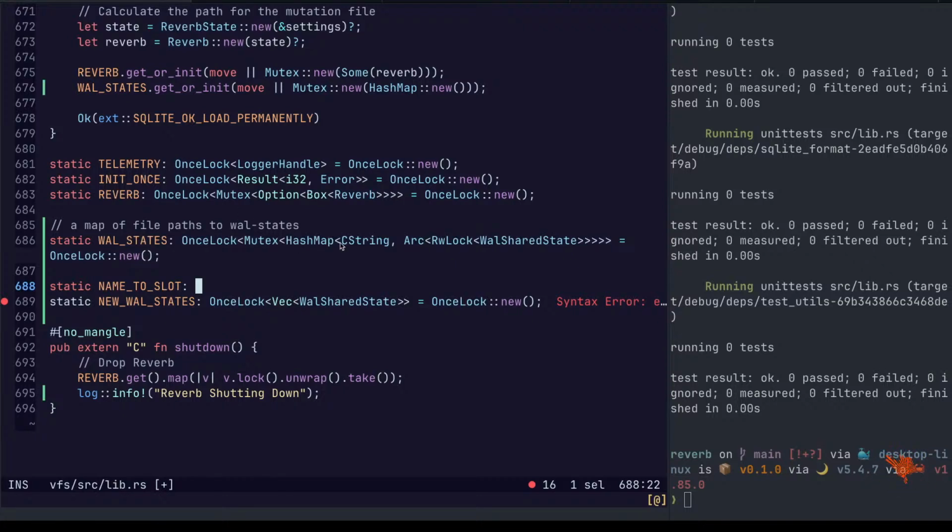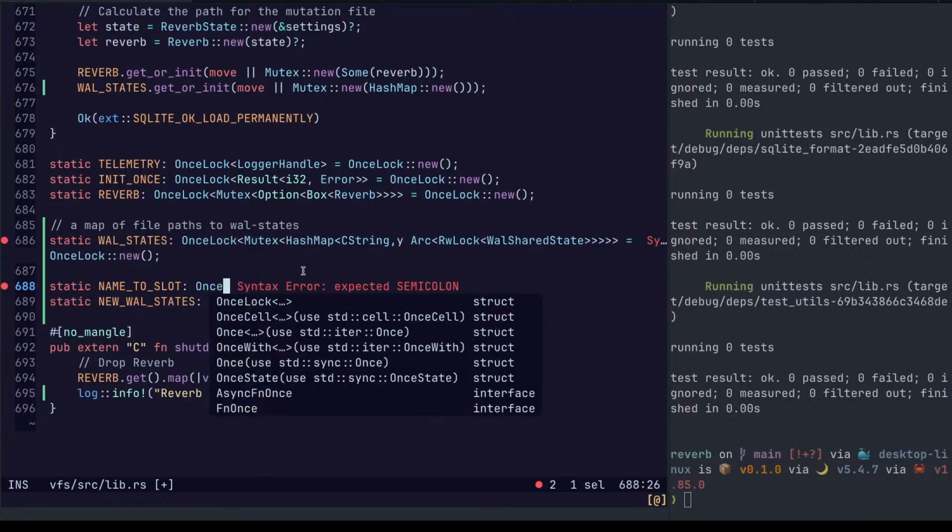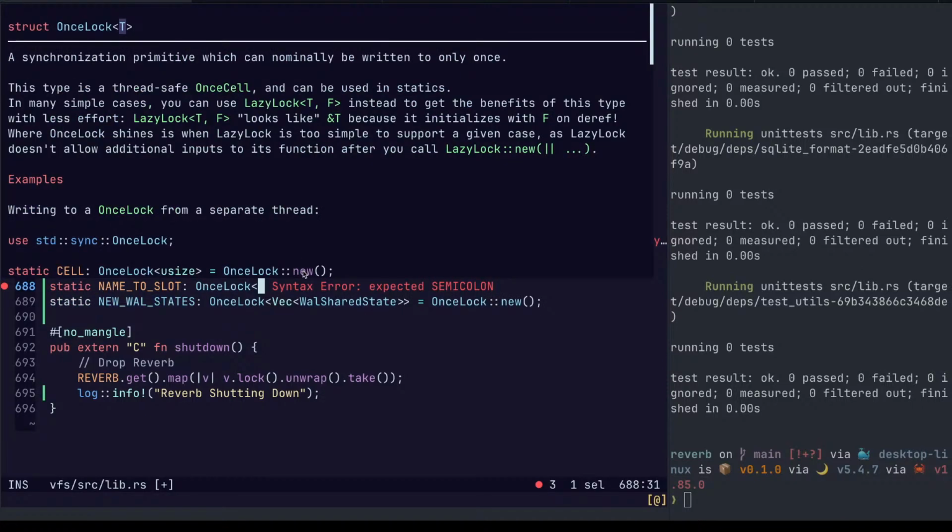So similar to this here. And in this case, we need a mutex because multiple files can be opened at the same time, but they will not be mutated at the same time.